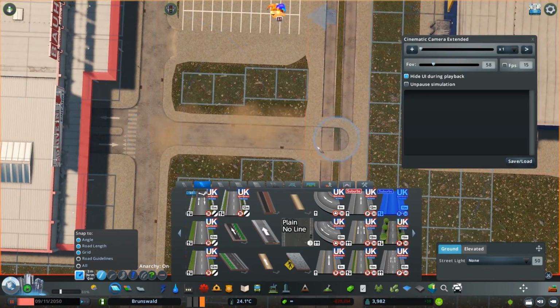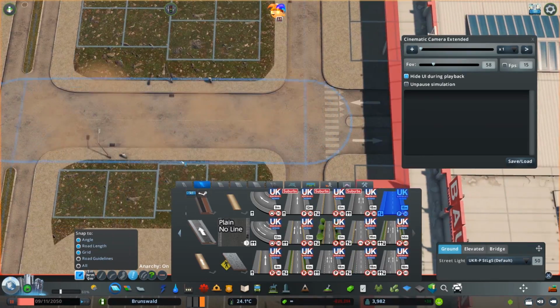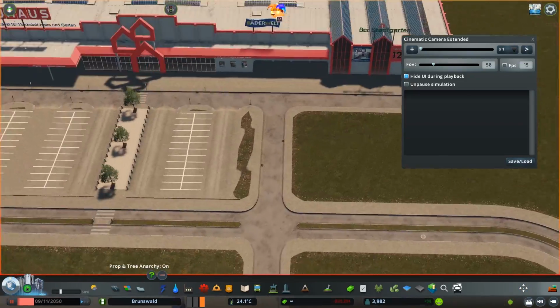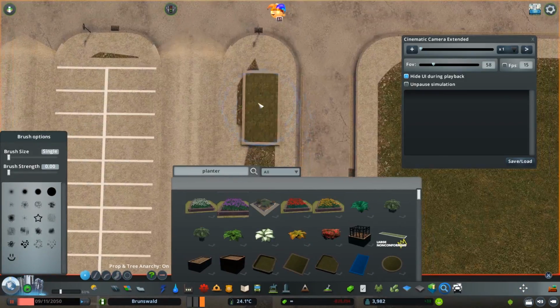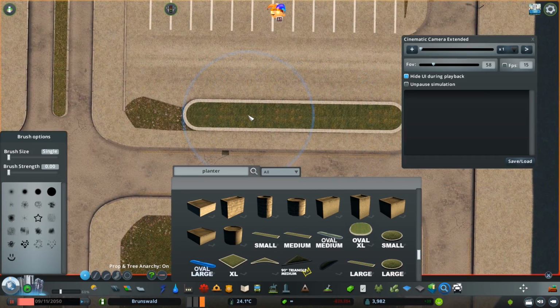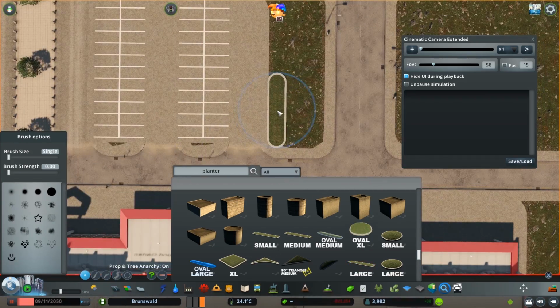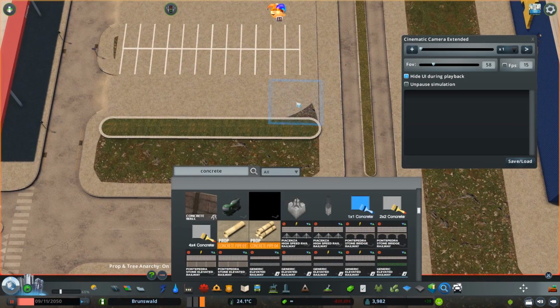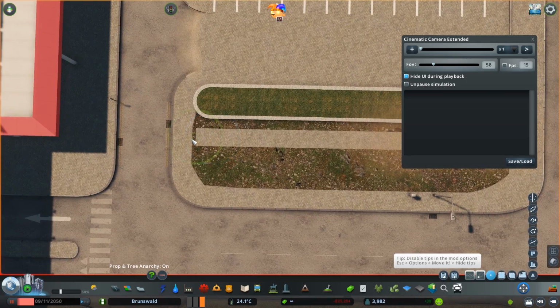So I think this turned out nice. It does take a little bit more on the prop limit and stuff like that, but I think it's fine. So, putting down some planters here, just sort of separating this area. And there are a lot of citizens just walking in really weird places around here. And I'm using these